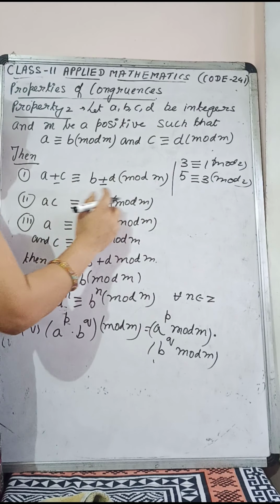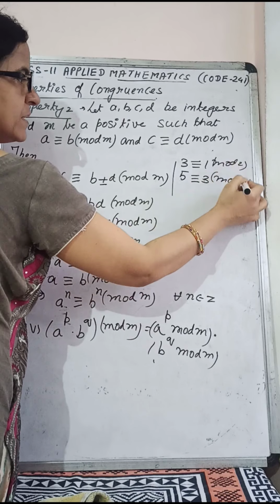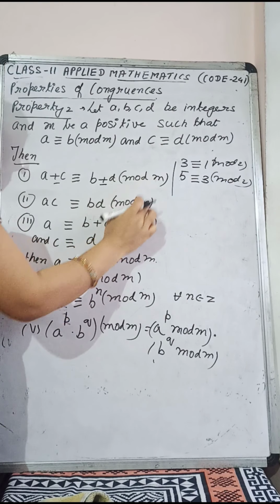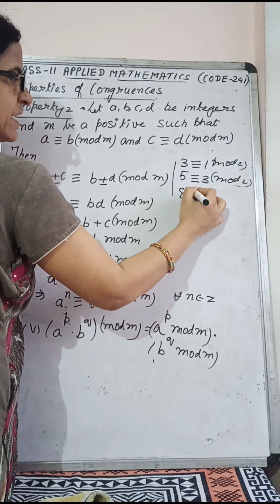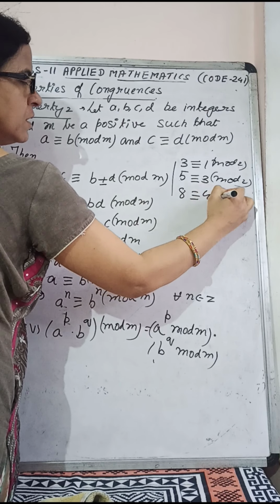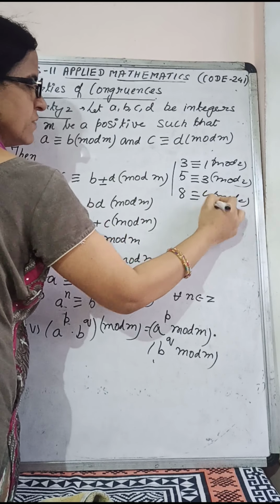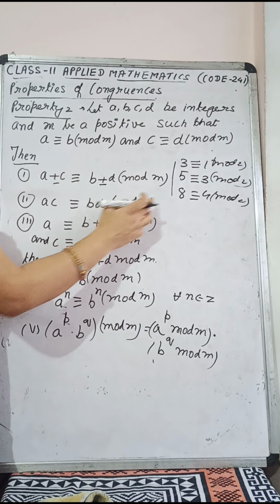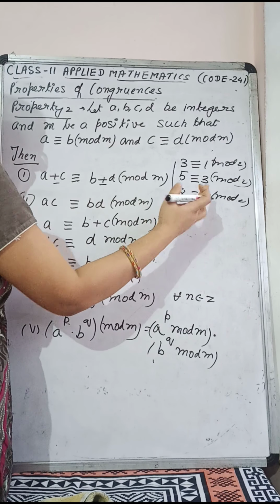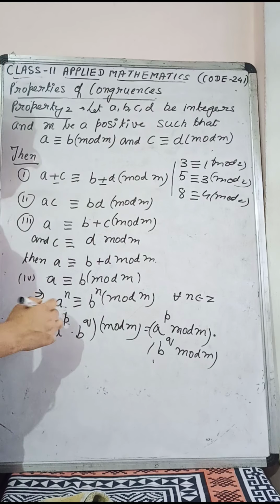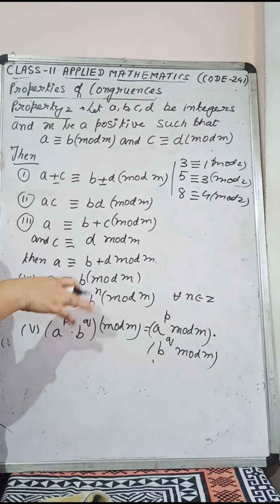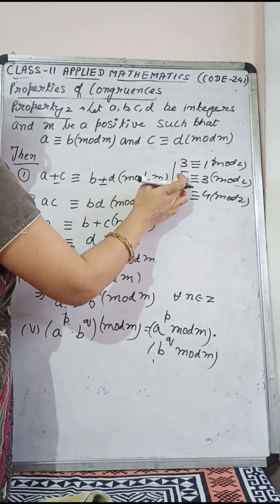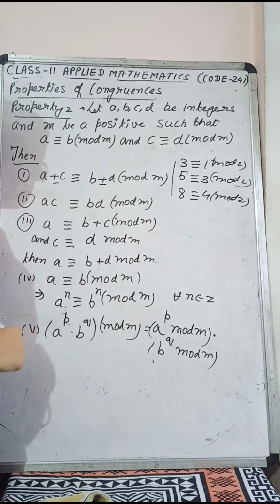So now we have to do the addition. Now 3 plus 5 is 8, and over here 4, modulo 2. Here this M should be the same; see over here, this should not change. So we can clearly see that 8 minus 4 is 4, and 4 is divisible by 2. So 8 is congruent to 4 modulo 2. We can take the difference as well. Whether you subtract this one or this one, it will obviously be divisible by 2. So the first property holds.